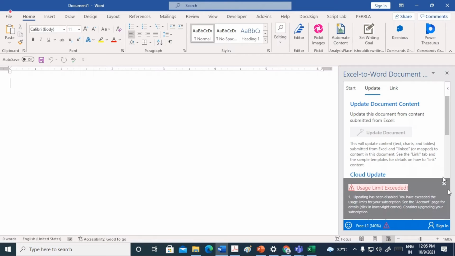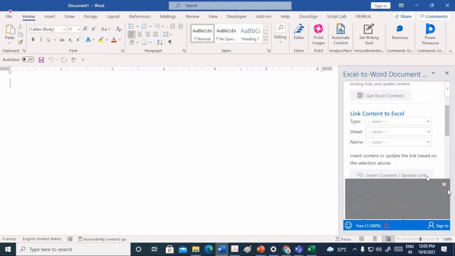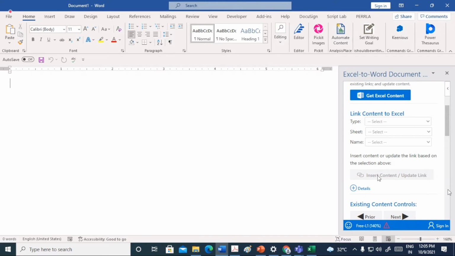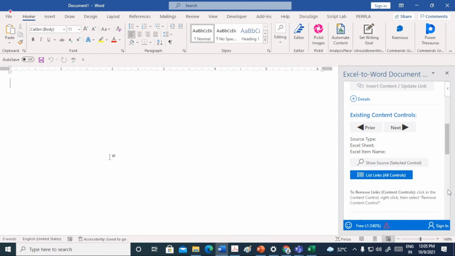Anyways, the main advantage of this was that if the Excel content was fetched, you can see here the type of the worksheet, type of the Excel, and the exact name of the table would be visible and you could have inserted. The advantage was if you change in any of the file, that is if you change in Word, it will automatically change in Excel. If you change in Excel, it will automatically change in Word.